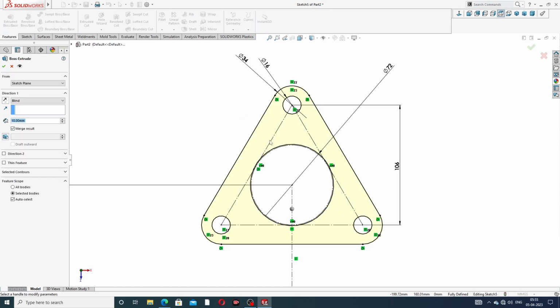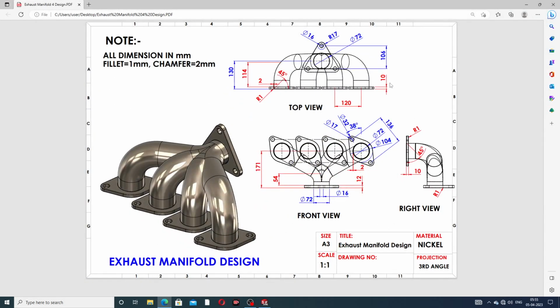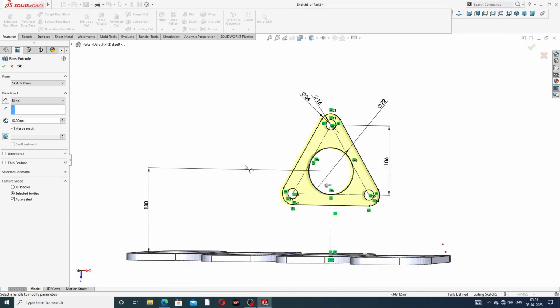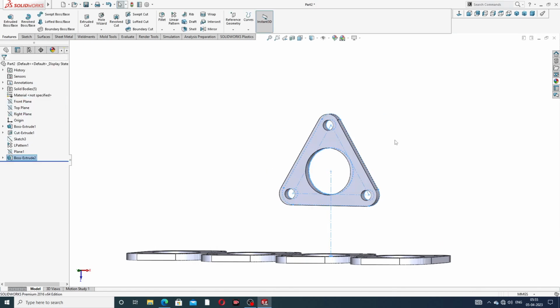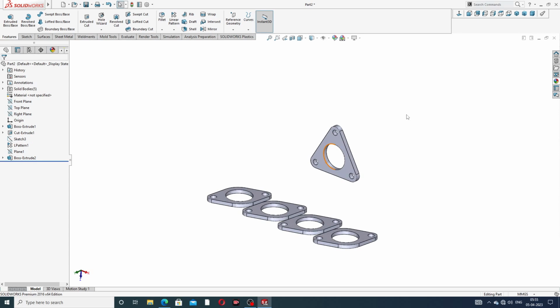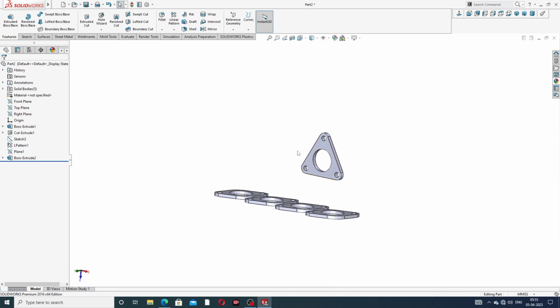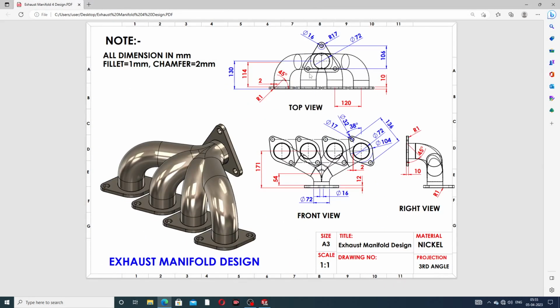And extrude boss command is used, this thickness is 12 millimeter, and 12 millimeter is better, and exit. Okay, this is perfect and correct. And next, use a 3 line. Okay, all is perfect, and drawing this connect to pipe, and the pipe distance, this length is 54 millimeter,